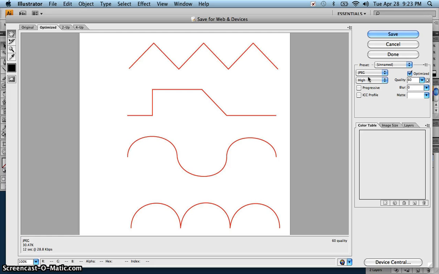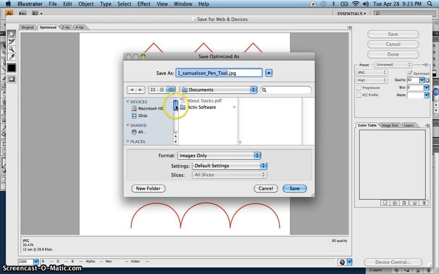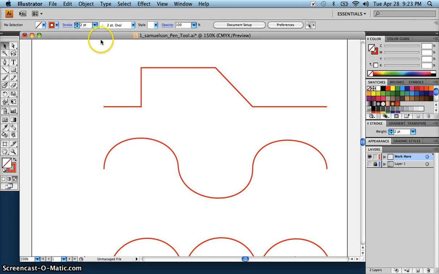Right up here, choose JPEG, click Save, and it's going to go into your schools folder, with the same name, and that JPEG file is the one that you are going to insert into your Google site. Okay,